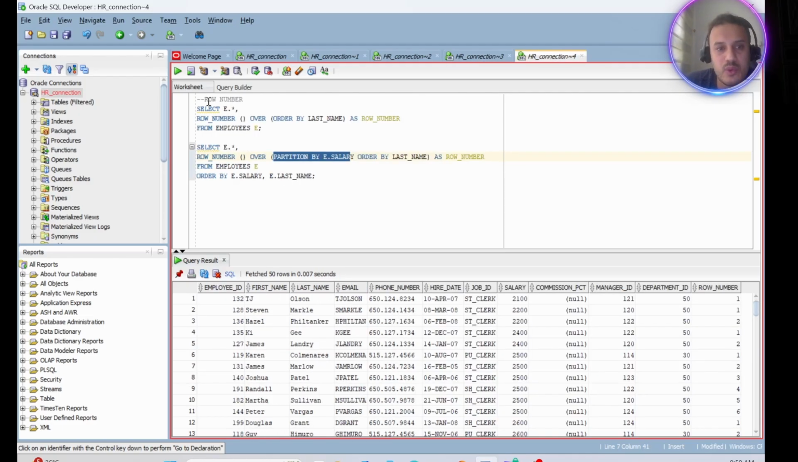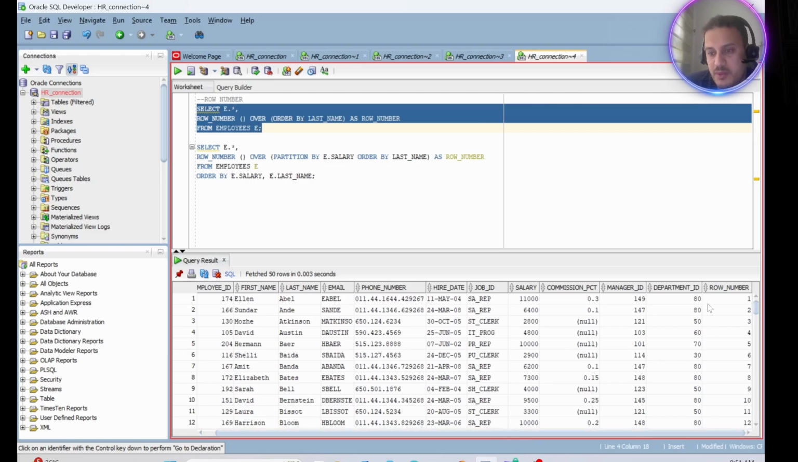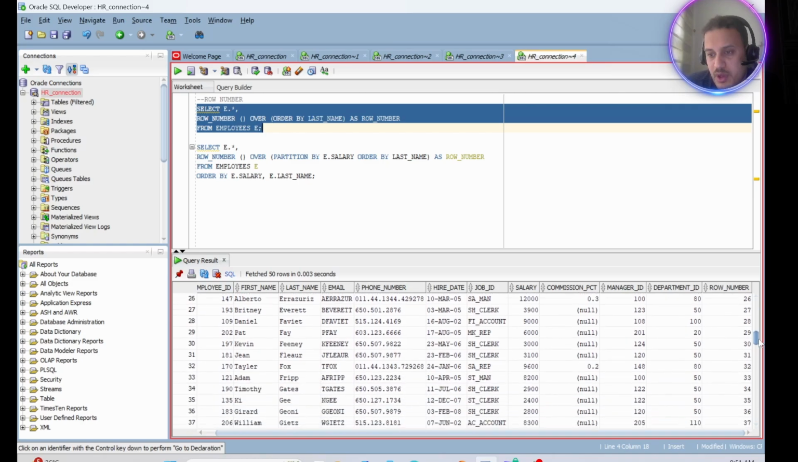And also we have row number. So select, this is the aliasing employee. Asterisk is for select all from employee table. From employee table, we have this analytic function. So we have row number over order by last name. So we have the last name in ascending order as row number. So if you run this query, you will have all the columns from the employee table, and we have the row number 1, 2, 3. You will have all the row numbers until